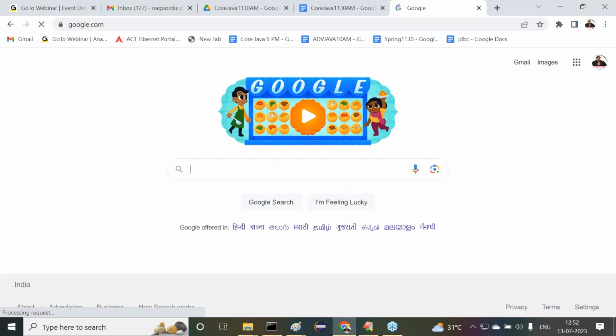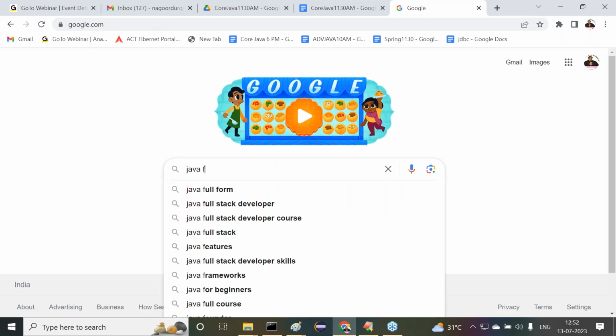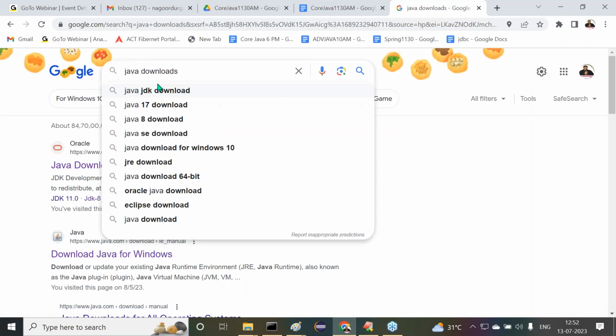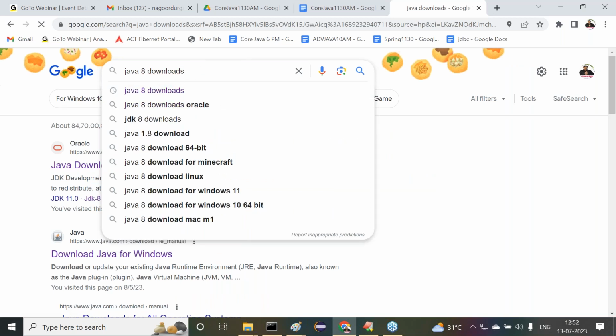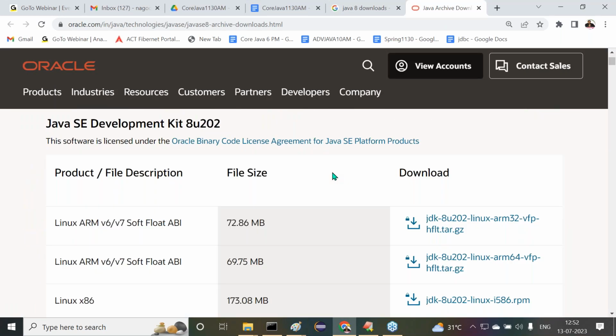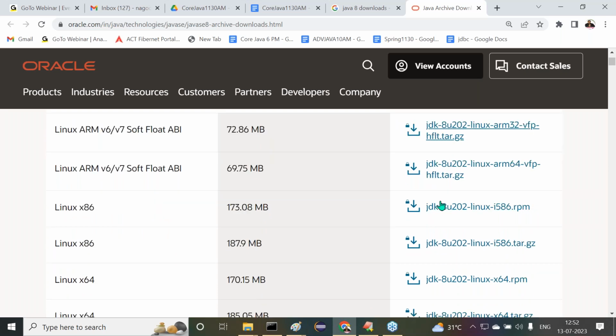Now, try to understand this proof. Say, for example, I want to download the Java software. Java downloads, for example, any version. For example, I want to take the Java 8 version. Understand this clearly? If it is not platform dependent, why are Oracle people providing the Java links as per the operating systems? For example, these are the links to download our Java software as per